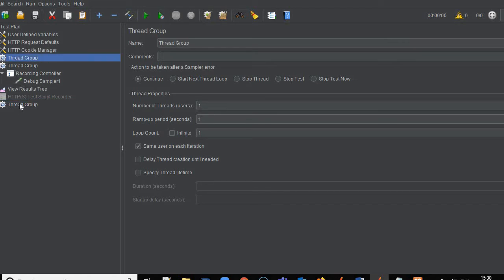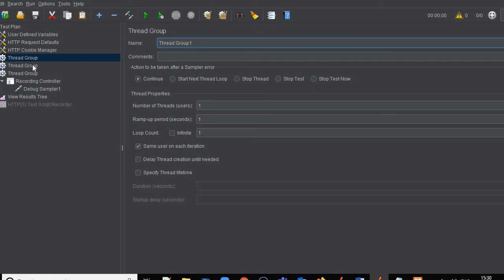I have 3 thread groups over here, correct? So let me give it the name thread group 1, then the second thread group as thread group 2, and the third thread group as thread group 3. Initially we discussed that on thread group 1 we will apply a load of 4 users.